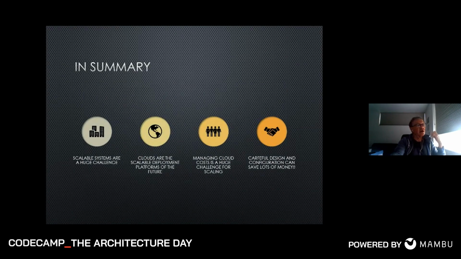So in summary, system scaling is a huge challenge, and most of us are now using clouds to achieve this. But clouds also cost money. And if you want to pay attention to the bills that you get at the end of the month and still achieve a scalable workload, it's worth digging in to the details of the parameter values and the programming languages that you use to deploy your systems, because you can achieve the scalable performance you need at a lot less cost.